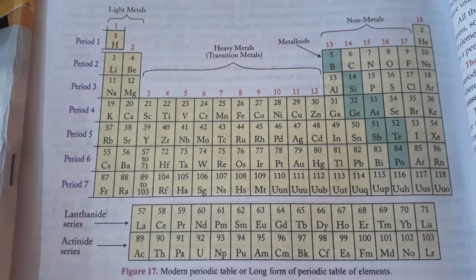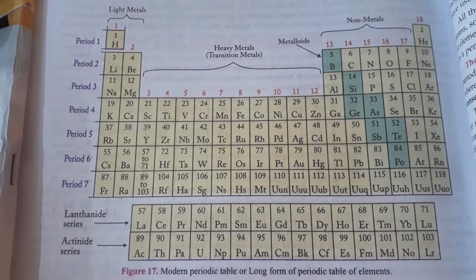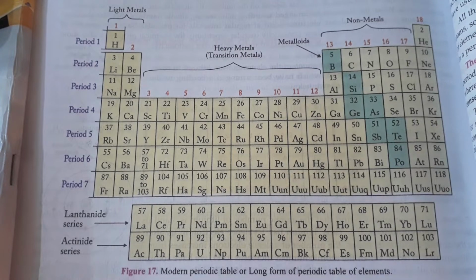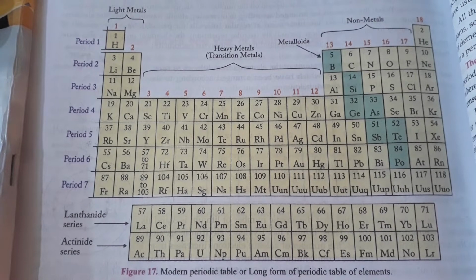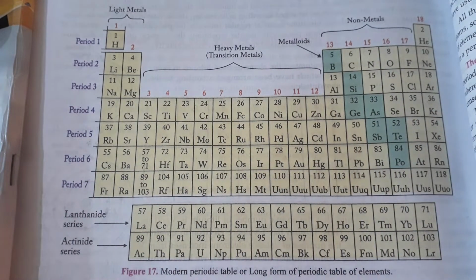How is the number of electrons calculated, which formula do we use? 2n square, where n is the number of the shell. When we are talking about the first shell K, then 2 into 1 square means 2. The K shell consists of 2 electrons. The maximum electron holding capacity of the K shell is 2 electrons. The maximum electron holding capacity of the L shell is 8, M shell is 18 and N shell is 32 electrons respectively. So period numbers are related to the number of shells.